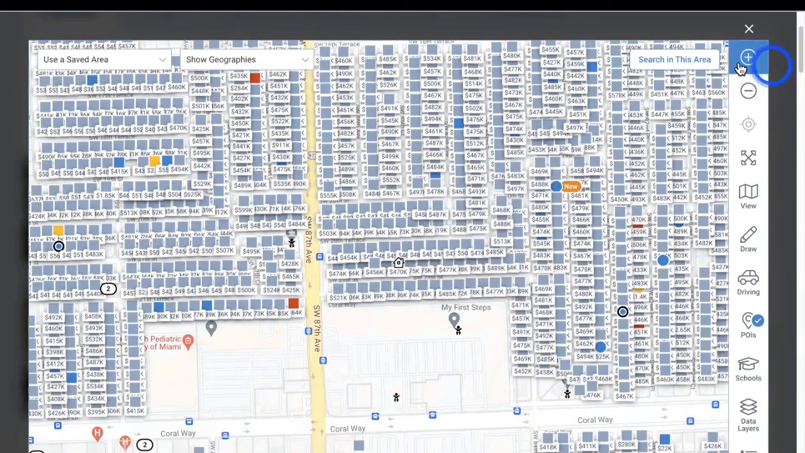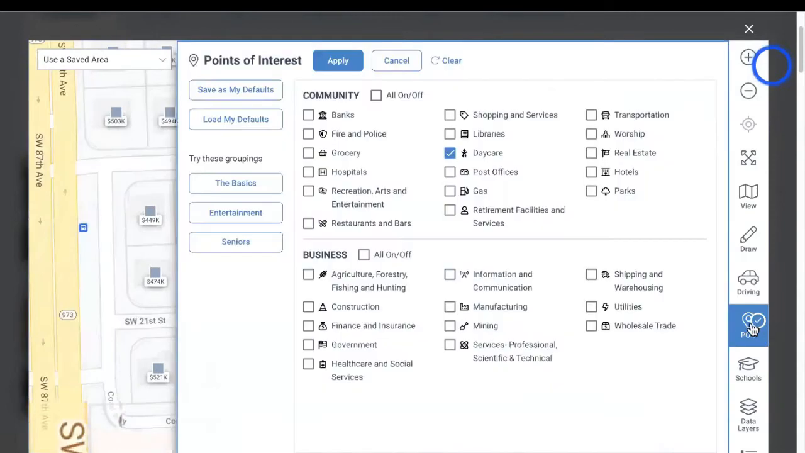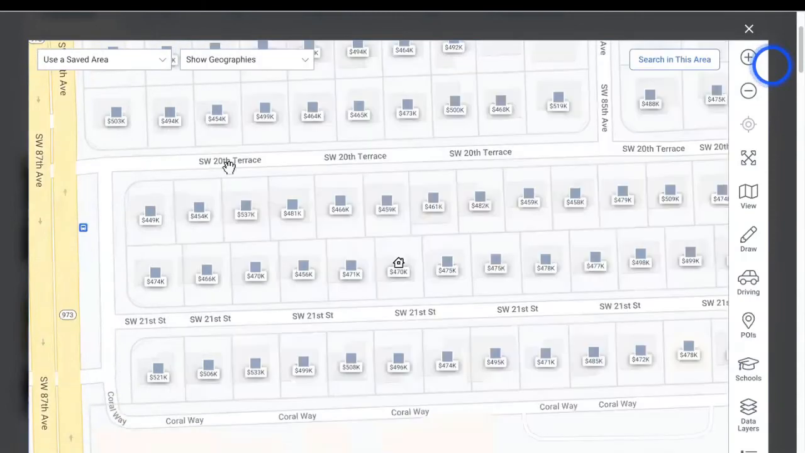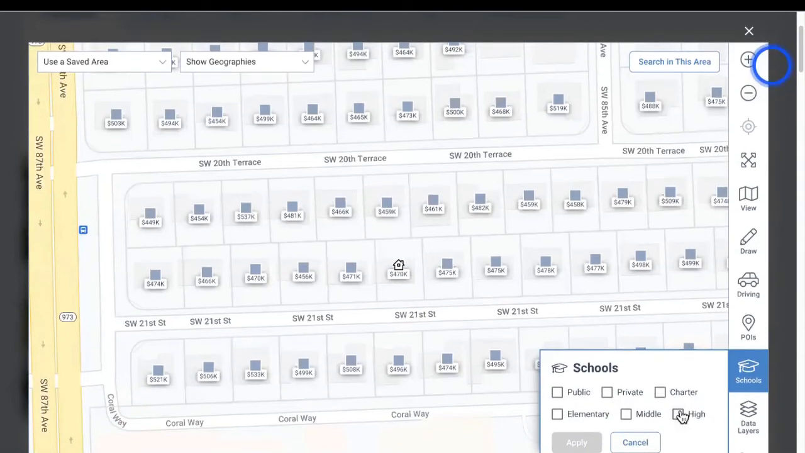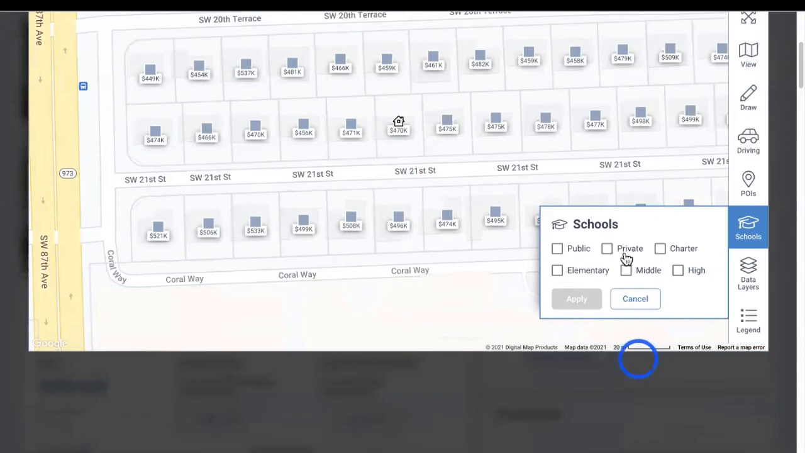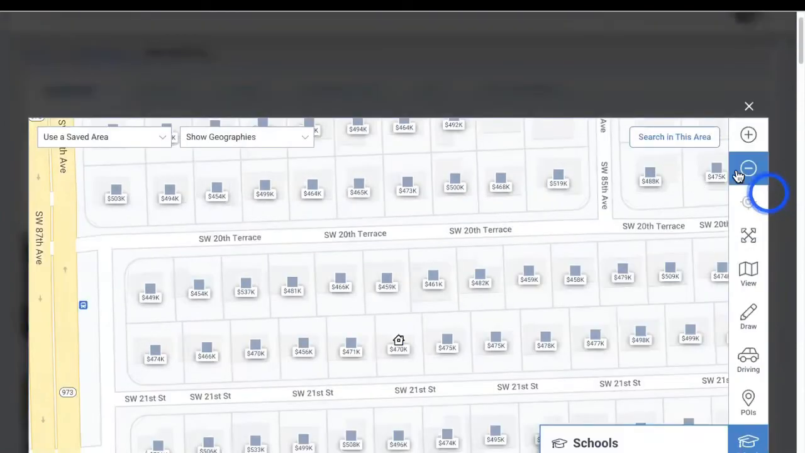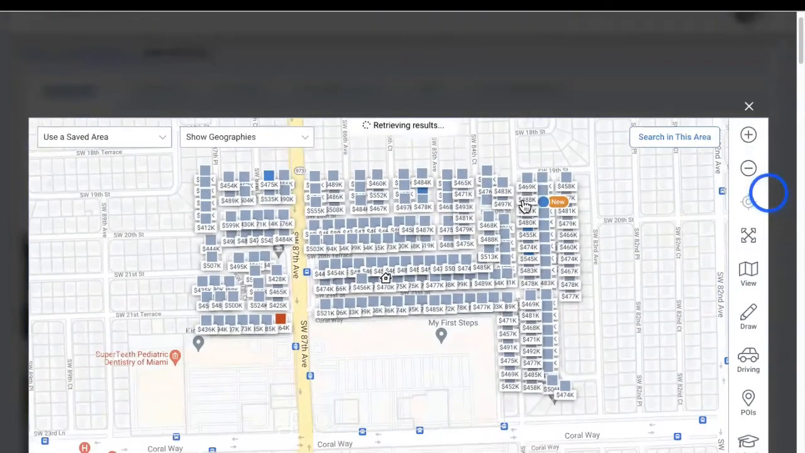If I click on POIs and I say clear, it'll clear everything out. I can also click on schools and see public, private, charter, elementary, middle, and high schools. So let's say I want to see the public and charter schools. I click, and again, I might have to zoom out a little bit to see that information, but